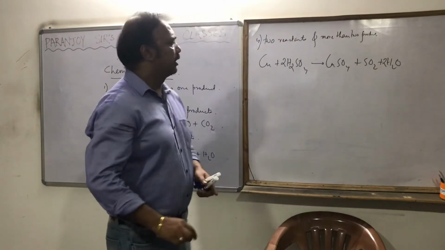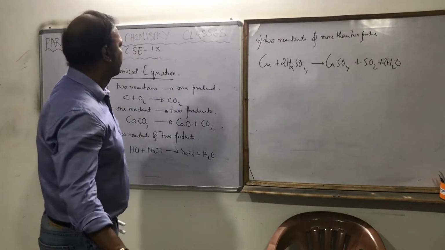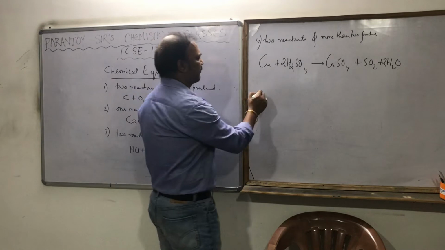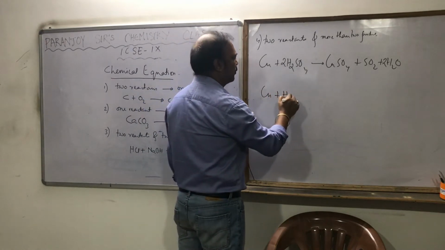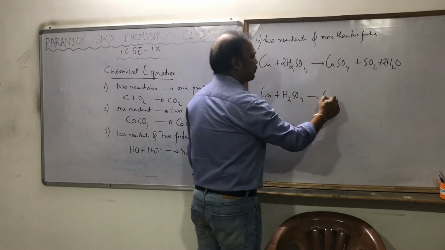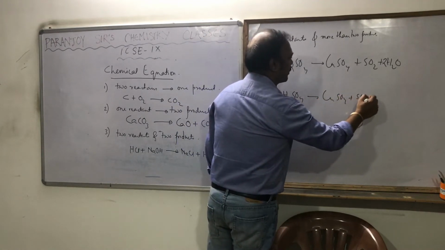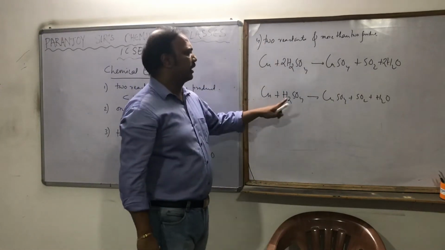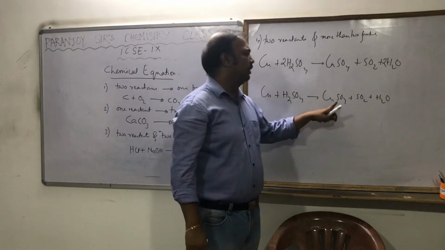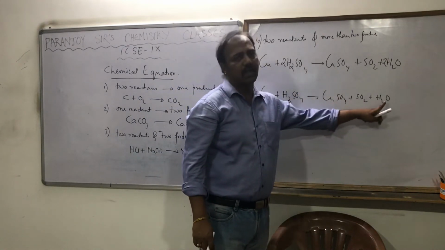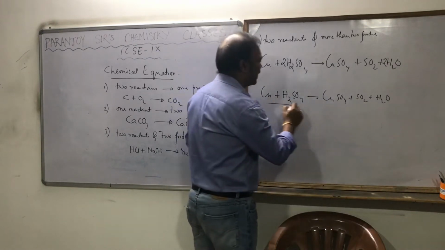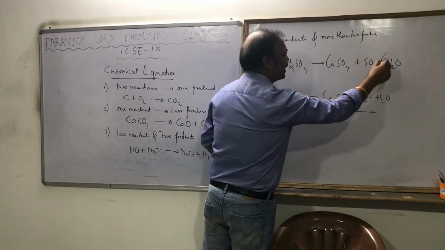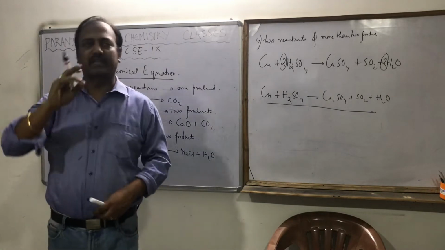Now, what do you understand by skeleton of a reaction? Suppose I take this particular reaction and write it like this: Cu plus H2SO4 producing CuSO4 plus SO2 plus H2O. Does it tell everything? It tells everything, that copper is reacting with sulfuric acid, producing copper sulfate, sulfur dioxide and water. This is the skeleton. And on top of that we had added the flesh over here. Now why did we add? We'll come to that. But before that you must understand what is skeleton.